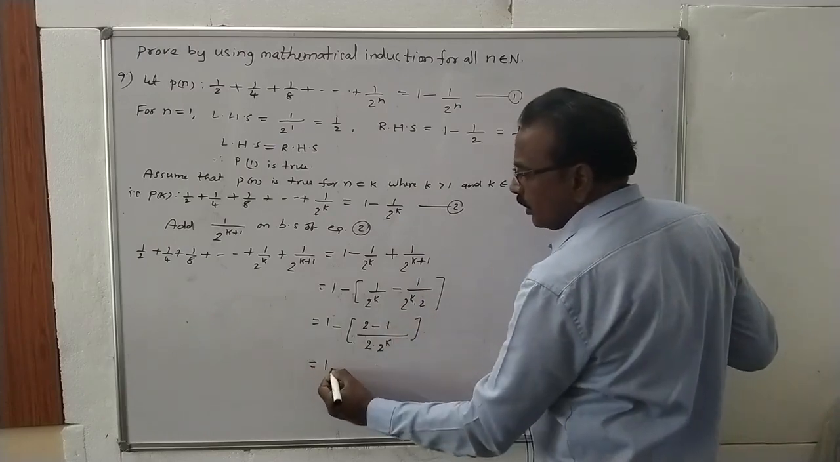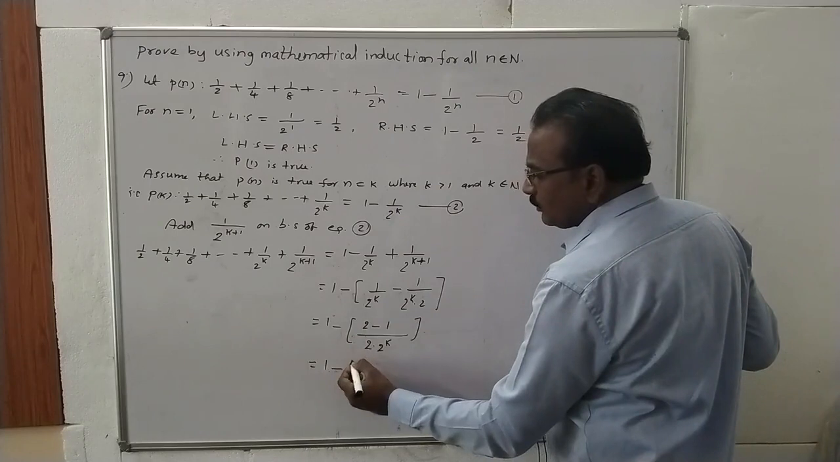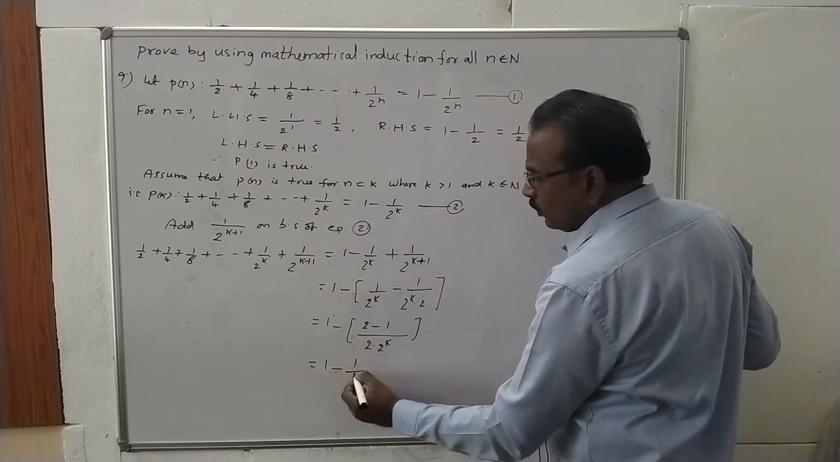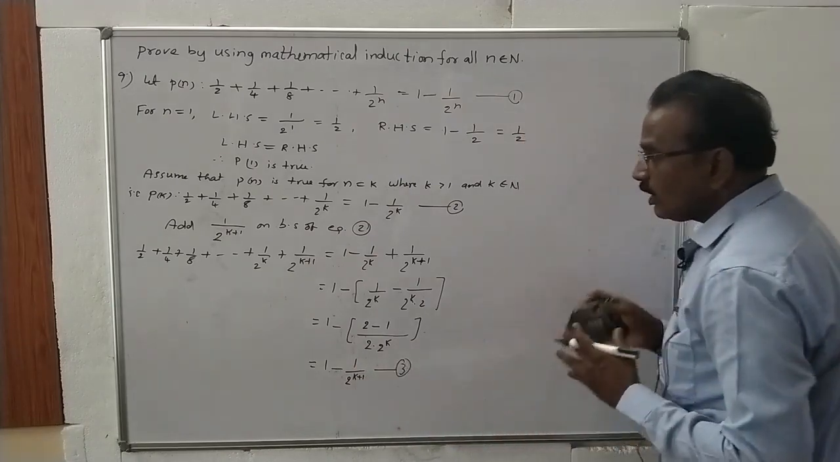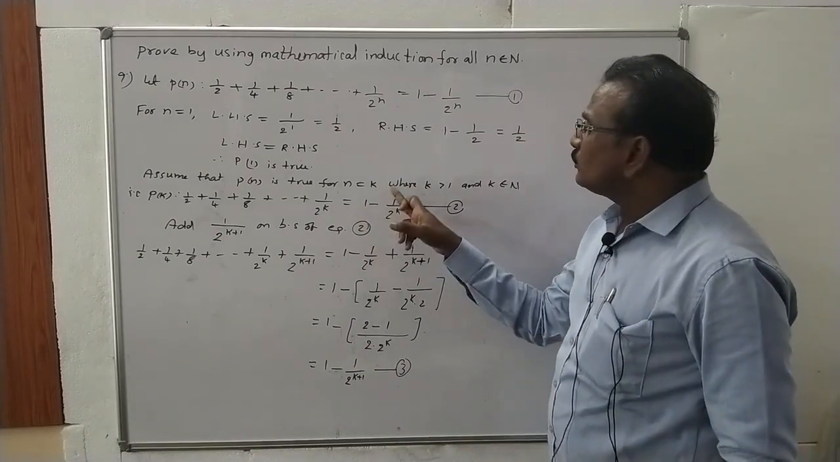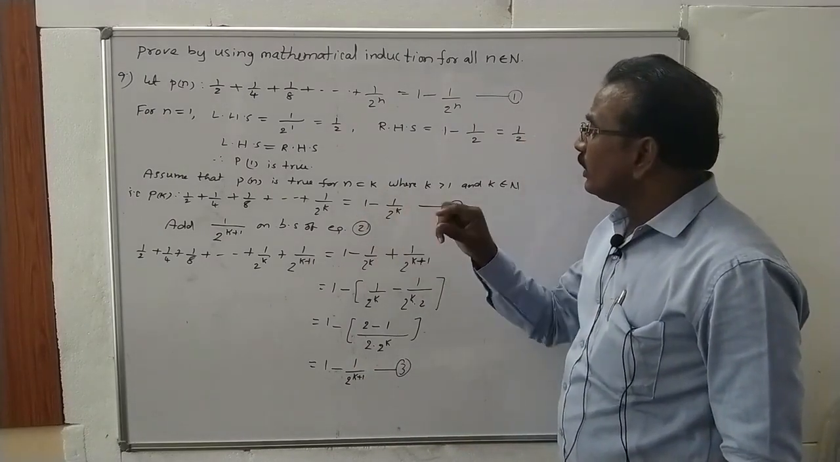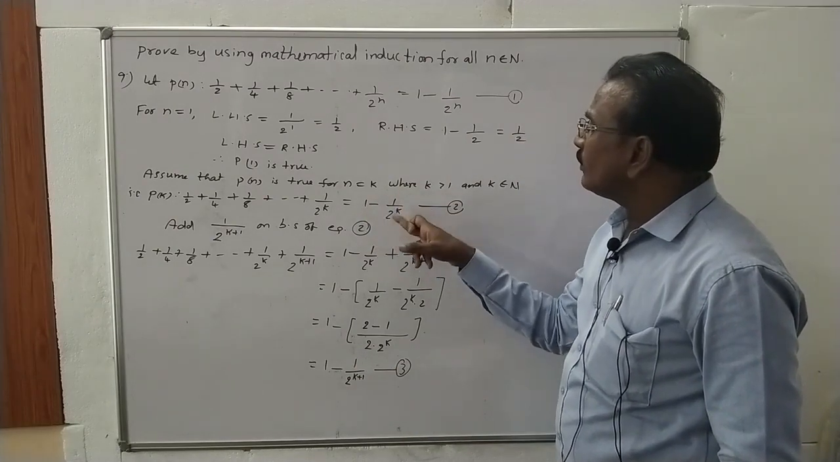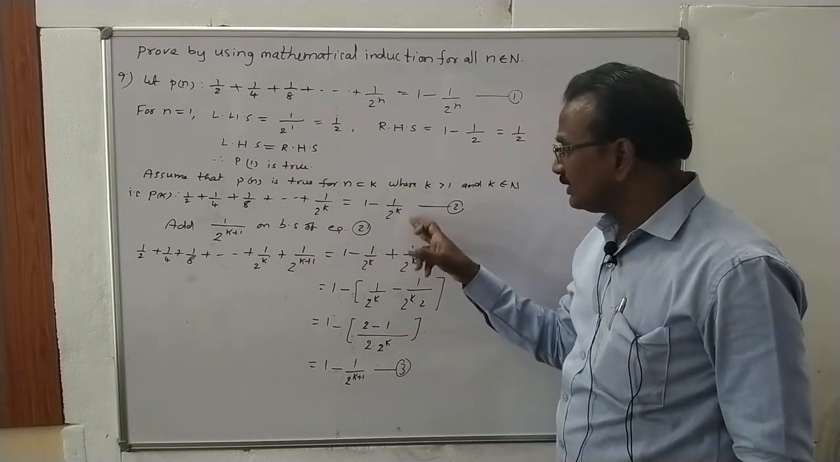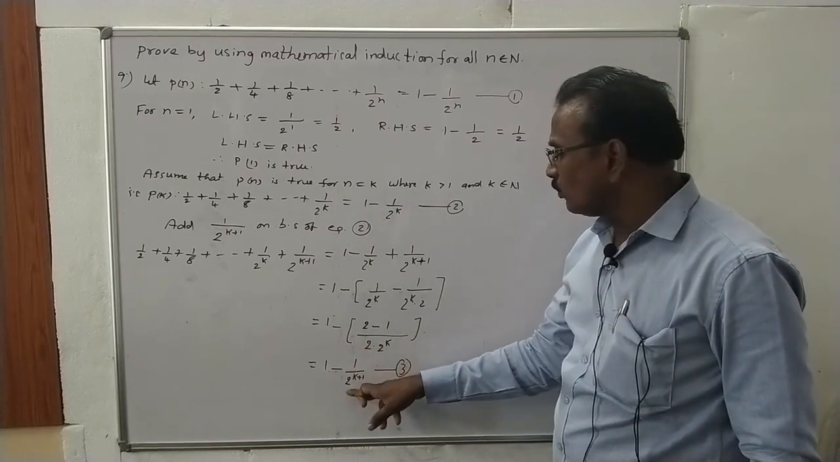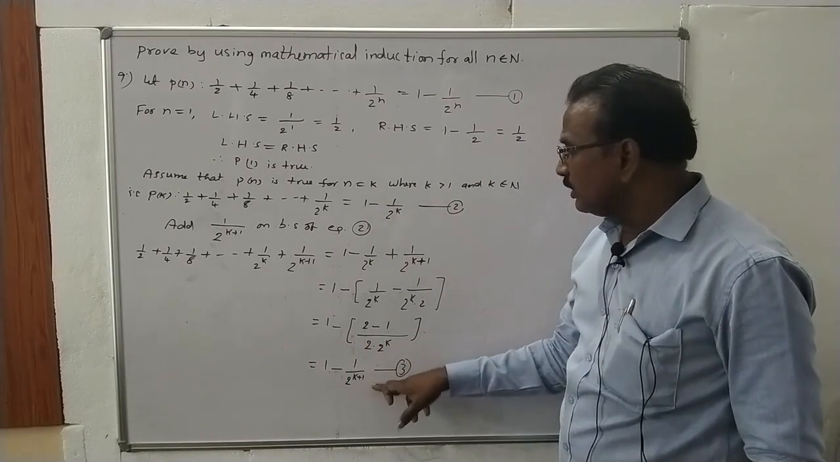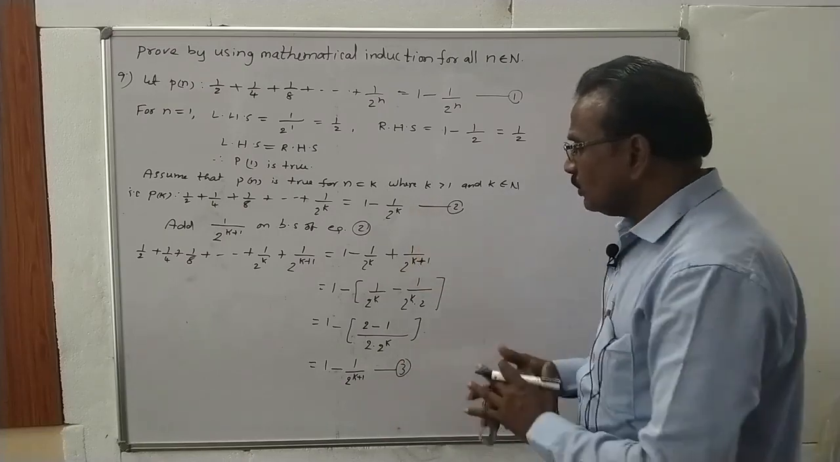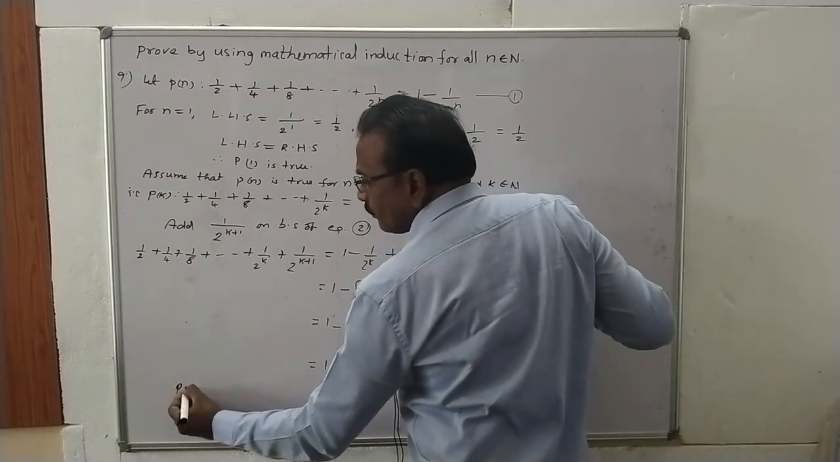That is 1 minus 1 by 2 to the power of k plus 1, that is 3. Here what we have to prove? We need to prove 1 minus 1 divided by 2 to the power of k plus 1. So this is exactly the same, 1 minus 1 by 2 to the power of k plus 1. Comparing these two, here k is there, here k plus 1 is there. If 2 is true, automatically 3 is true. Therefore P of k plus 1 is true